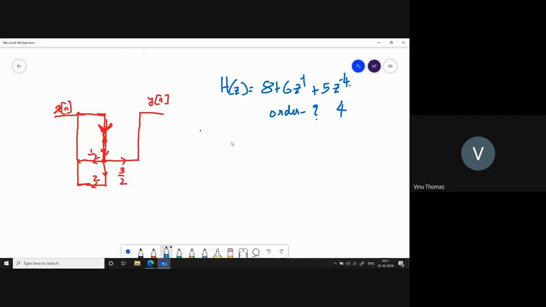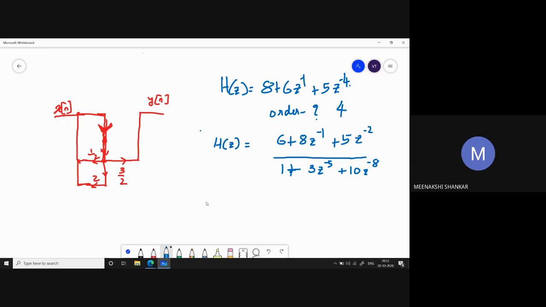Now let me write a filter as H of z is equal to 6 plus 8 z raised to minus 1 plus 5 z raised to minus 2, divided by 1 plus, so this IIR filter will always be of this form, you will have this 1 here, 1 plus 3 z raised to minus 5 plus 10 z raised to minus 8. What is the order of this filter? Now, Meenakshi, you can tell me what is the order of this filter.